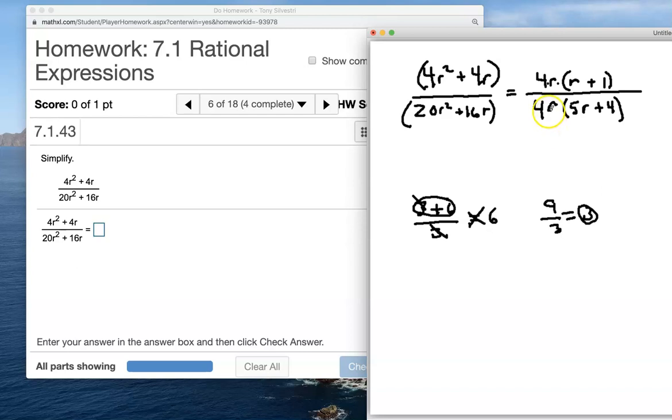Now, you can only cancel factors. I can cancel out the 4s, I can cancel out the r's, and I cannot do anything else. So what's left over is going to be the answer for this problem. Okay, so let me make a